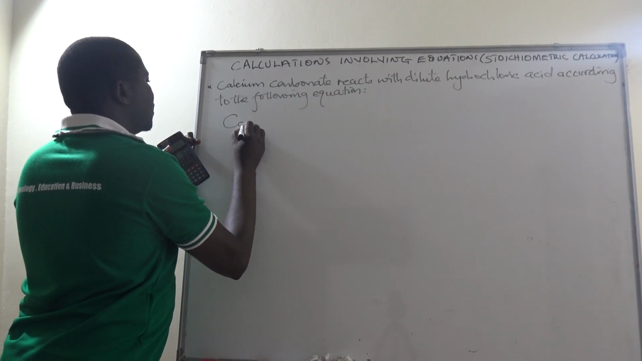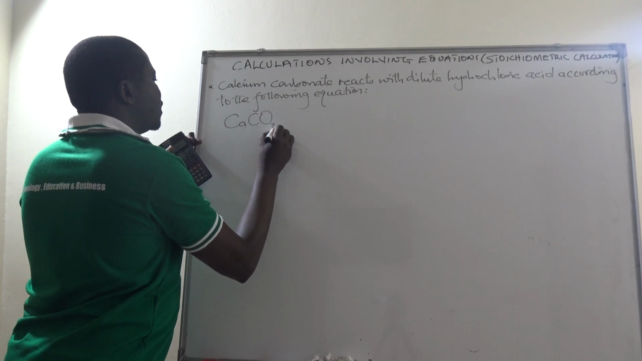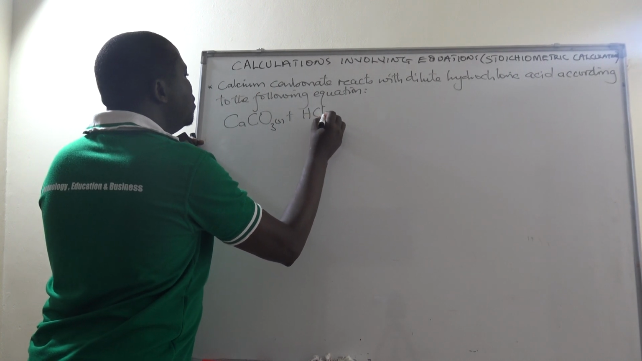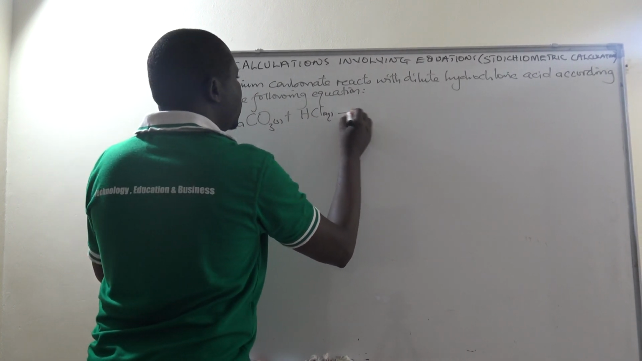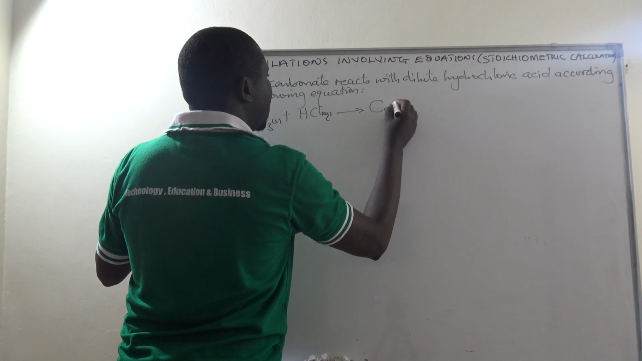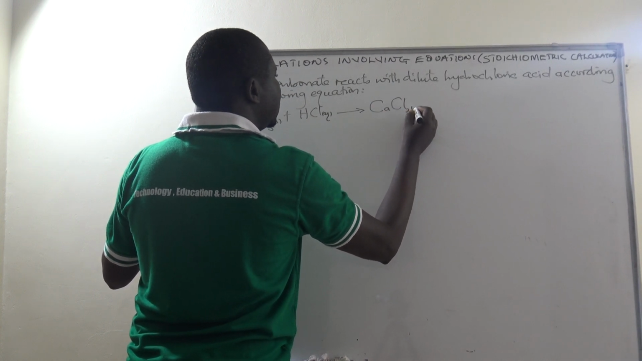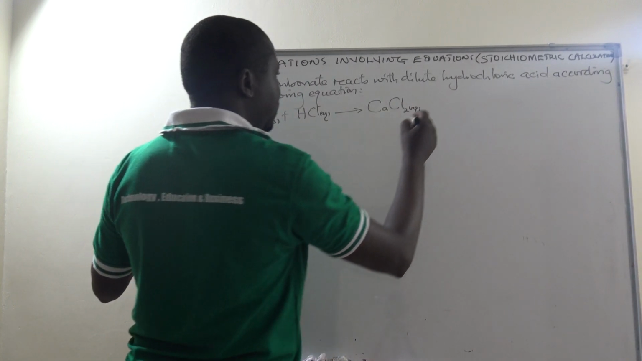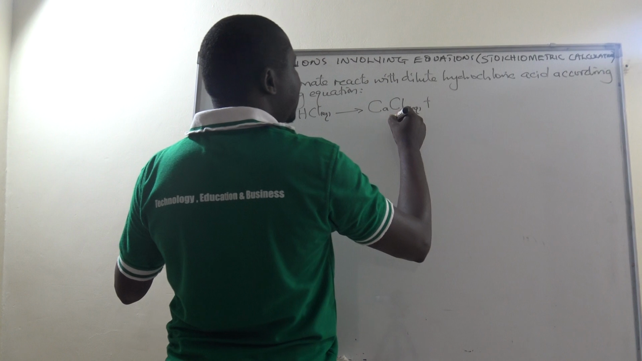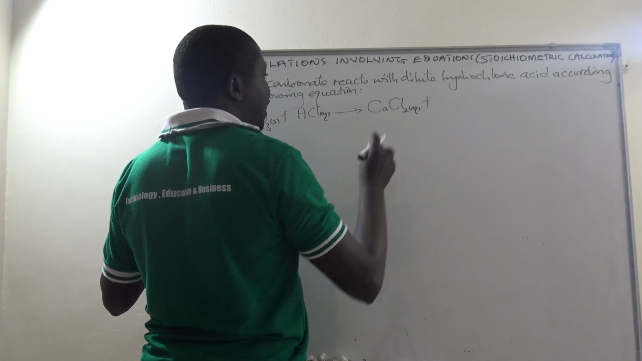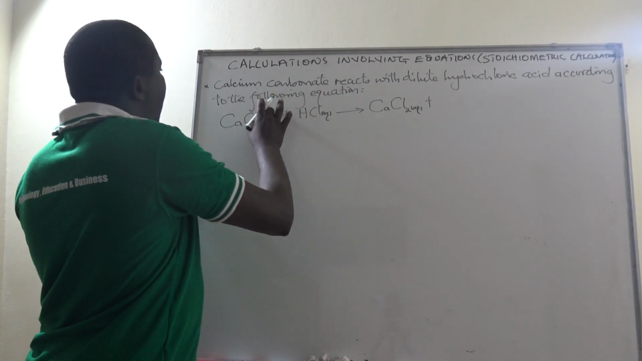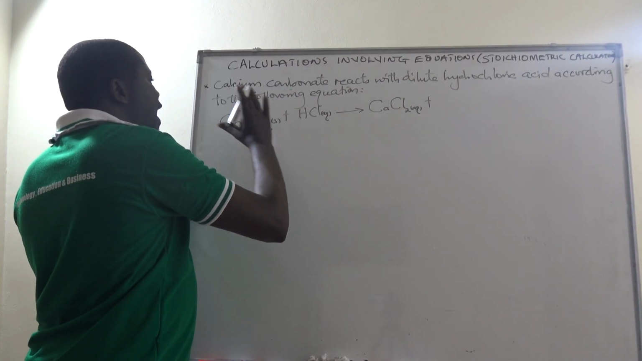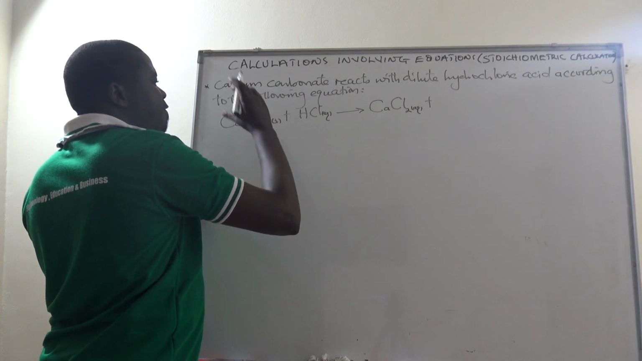So calcium carbonate reacts with hydrochloric acid to produce calcium chloride solution. Why is it a solution? It is a soluble salt. If it was an insoluble salt, then it would be precipitated, and that one is dangerous because it would form a protective layer on the outer surface of the calcium carbonate, and the layer will prevent further reaction